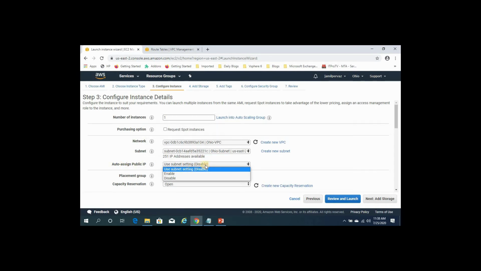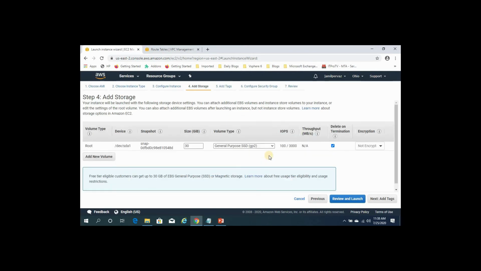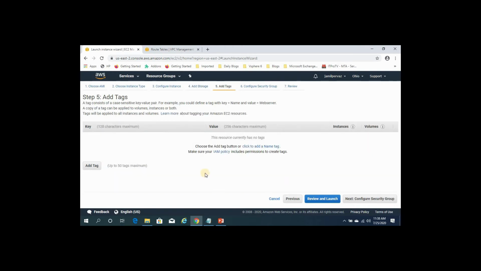Auto assign public IP is always disabled, so click on enable. Click next. Storage is 30 GB. Click next.